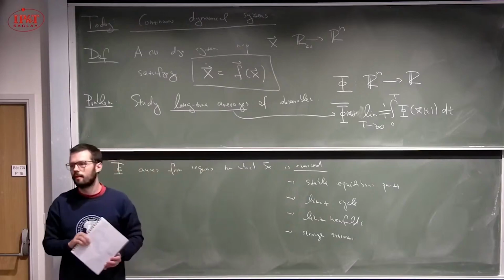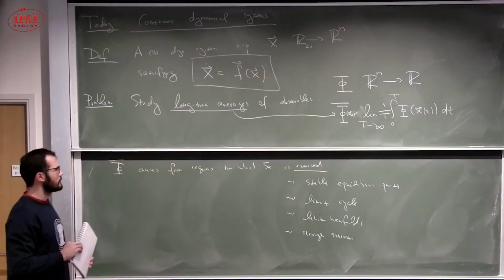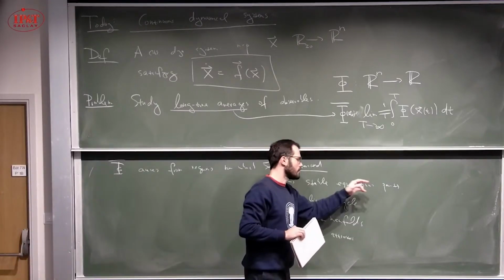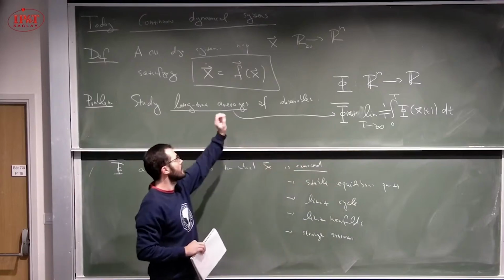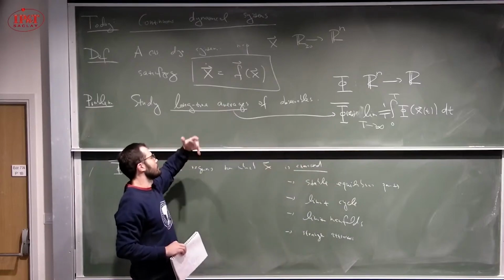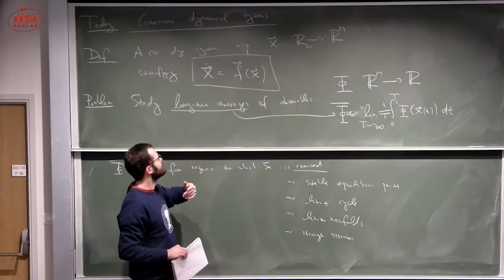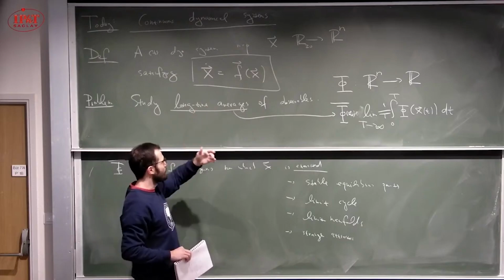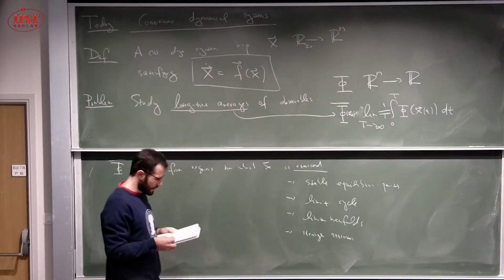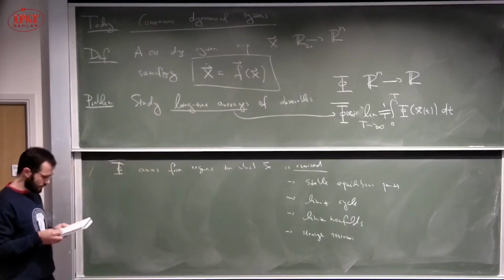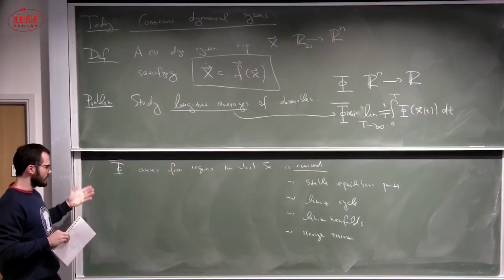Sorry, what you're saying in the first sentence, stable equilibrium? Stable equilibrium points. It's just a point in Rn where f vanishes and which is stable. So the vector always points towards the stable equilibrium. Okay, so that's the